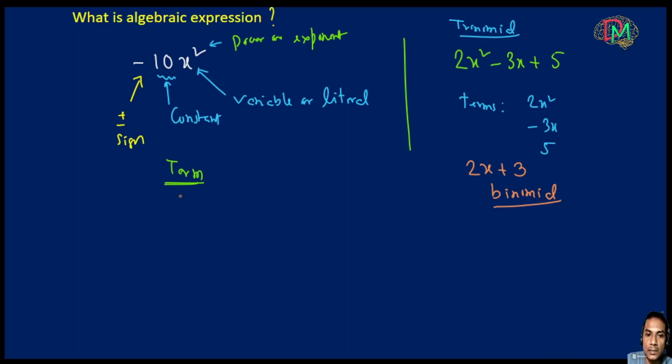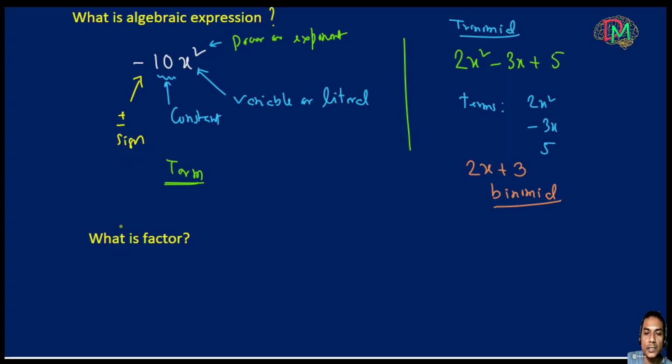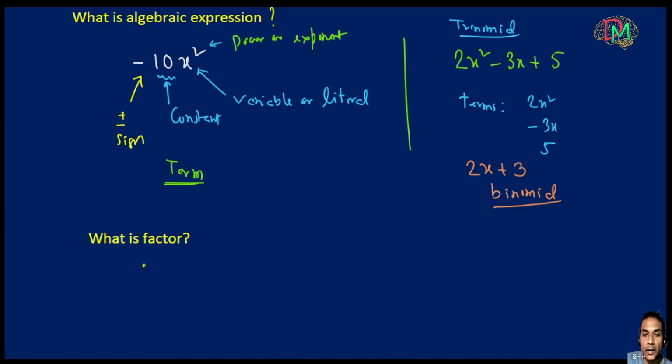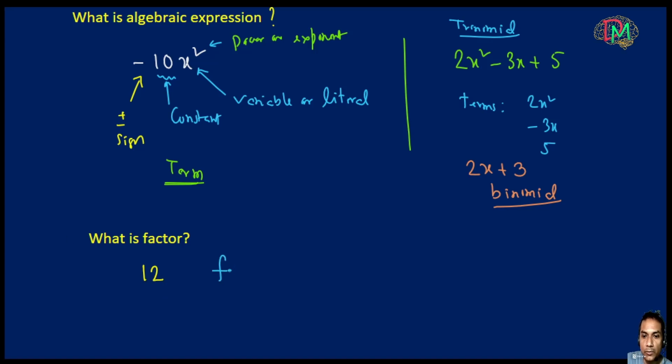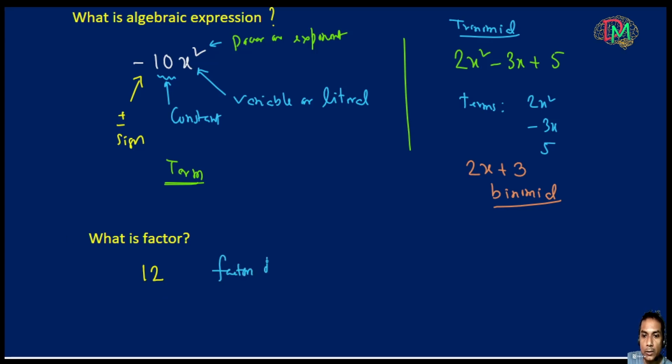Next we learn the factor. The general definition of the factor is actually the divisor. For example, if I ask what are the factors of 12, then the answer will be, what you have to do is the prime factorization. Okay,